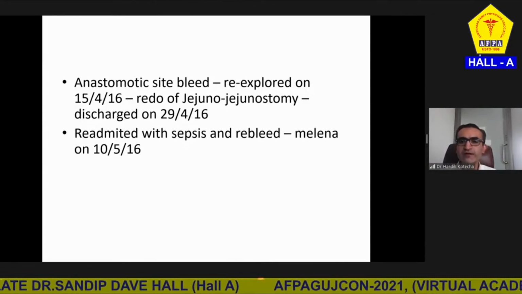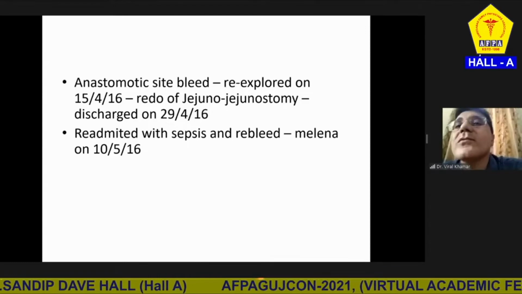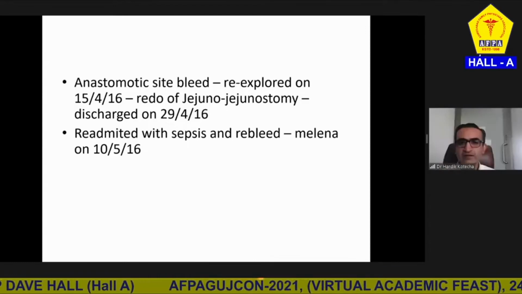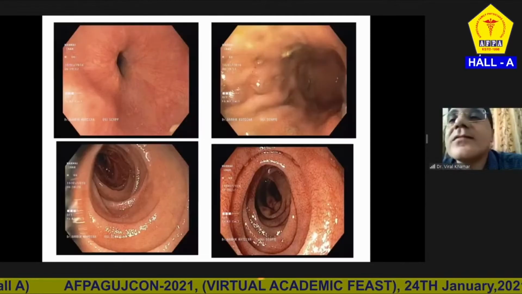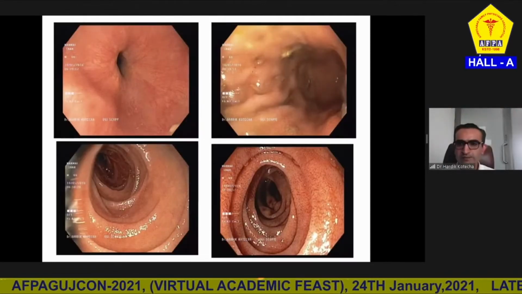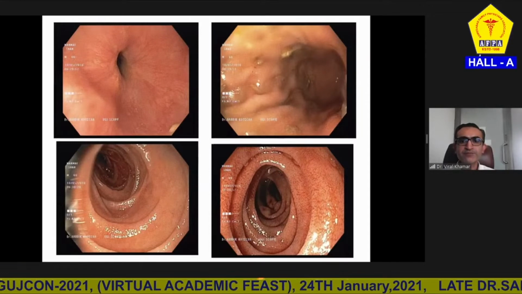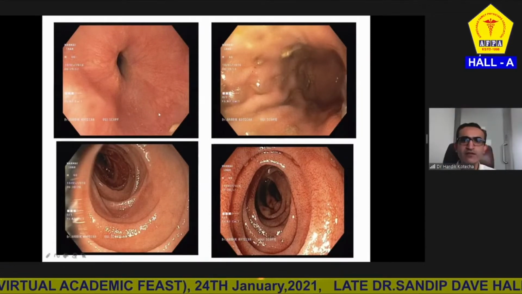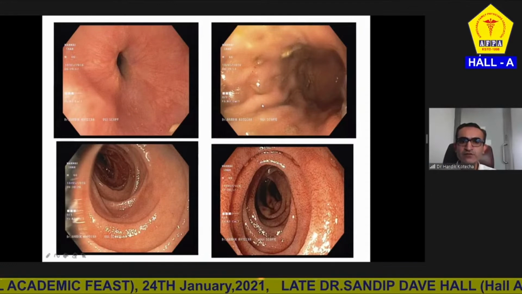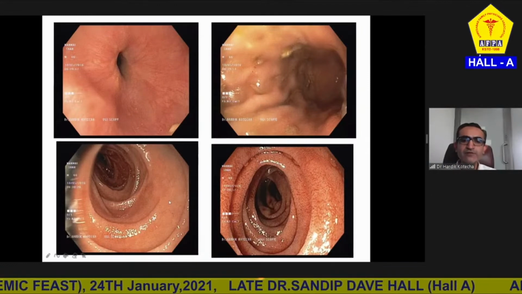In the ICU, after admission, he started bleeding and he was worsening. So at that time, I was called to the ICU, and I did a normal gastroscopy because the patient was having melena. Initially, the first image is showing the esophagus, which was normal. This is the stomach, which was also normal. The second part of duodenum was fine.